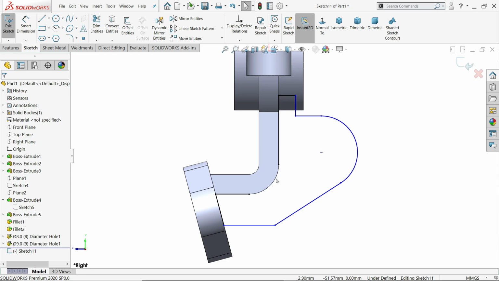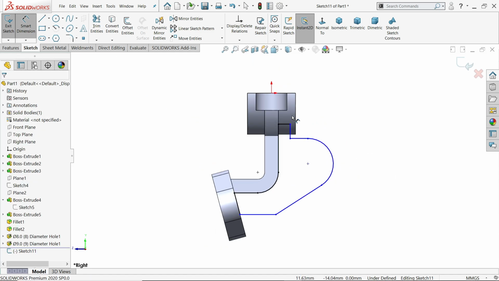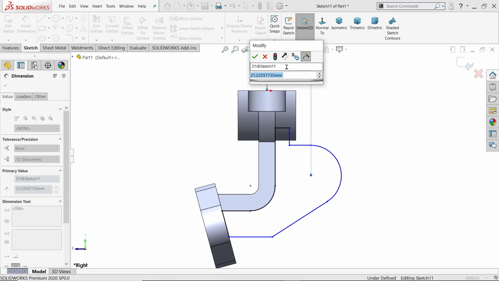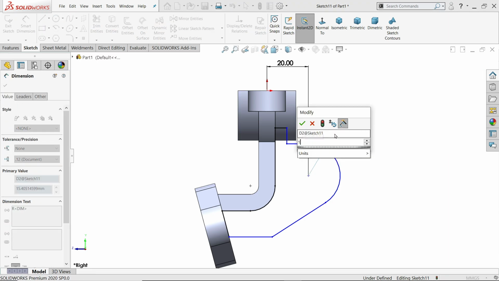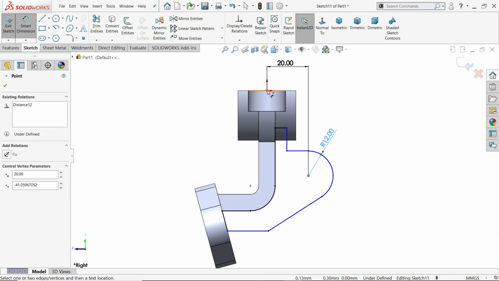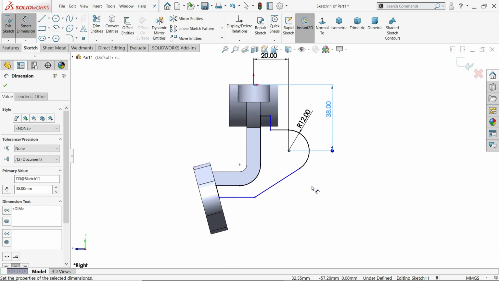Look, select this line, Convert Entities. That's it. This one, make sure it's tangent. Now let's define the first distance 20, R12. Now vertical length 38 millimeter. That's it.